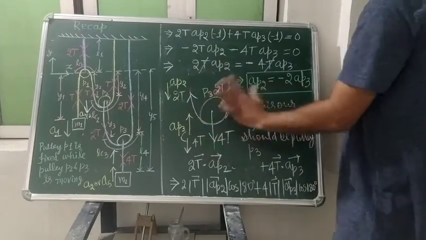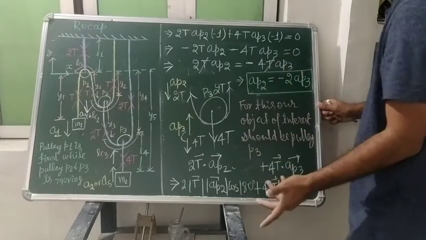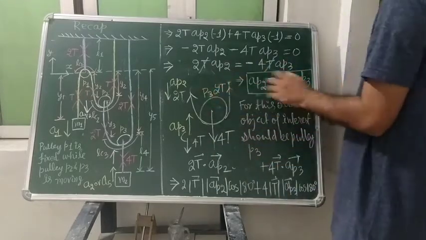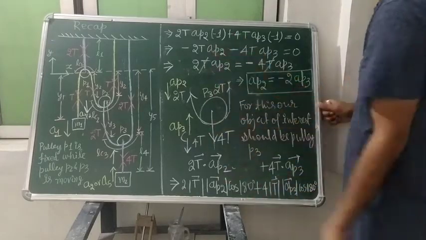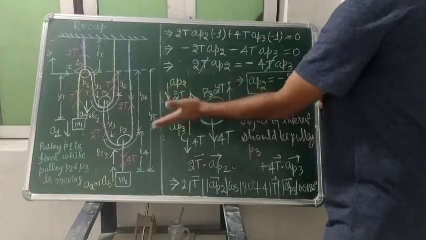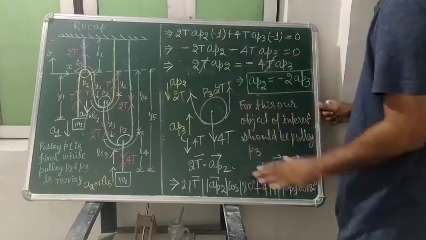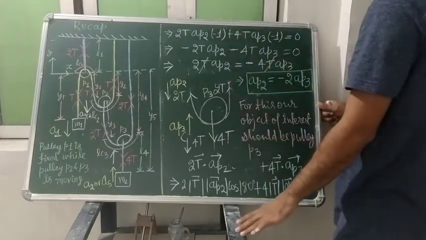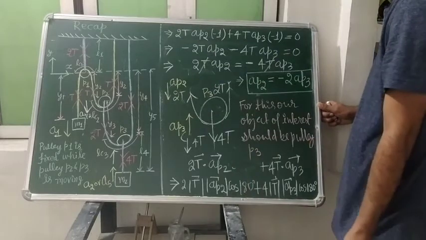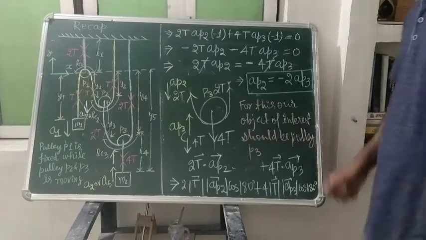But if you have assumed like this, this one is telling you that your assumption is incorrect. Now change your direction. They will not be in opposite direction, they will be in the same direction. If this pulley P2 is moving upward, pulley P3 will also move upward, and when this pulley P3 is moving downward, pulley P2 will also move downward. Okay, so you can write up to here and try to understand these things.